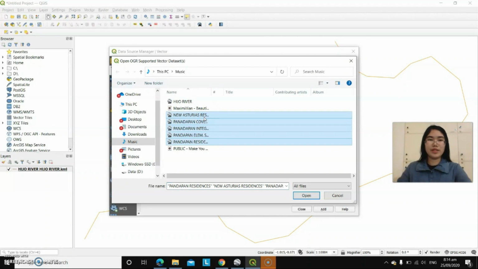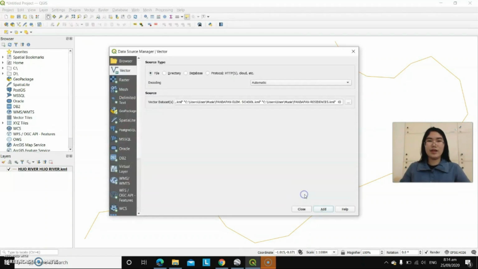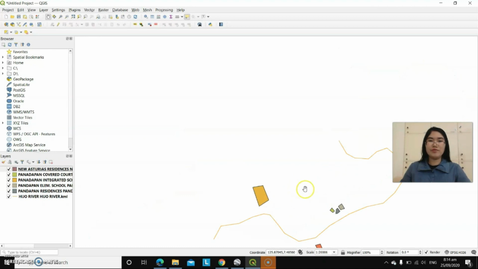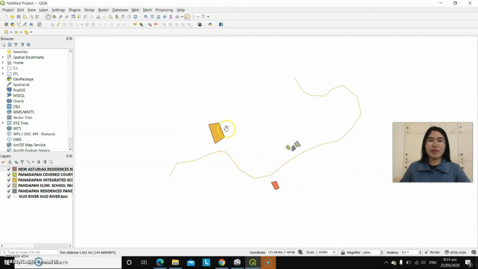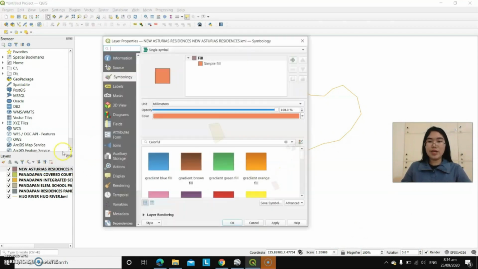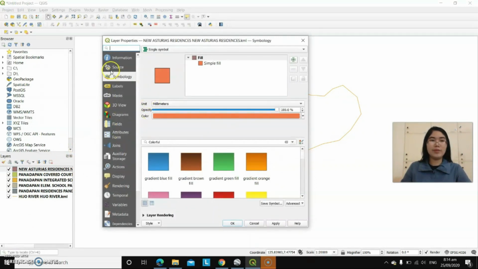Let's open all the files we have. Okay, open. Then add, close. There you have it. We have the Iho River as well as the different polygons symbolizing different residences and buildings that are prone to floods and landslides. So we will have to click this one for the naming of this polygon here by clicking